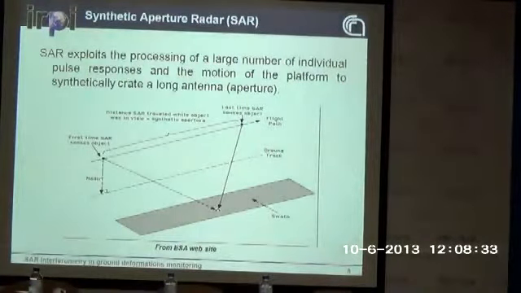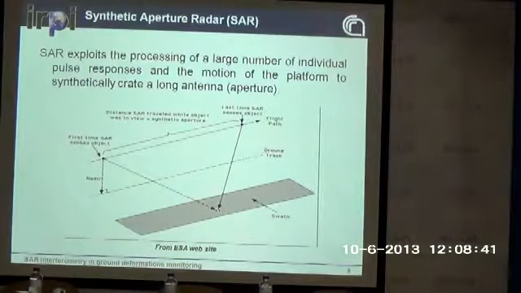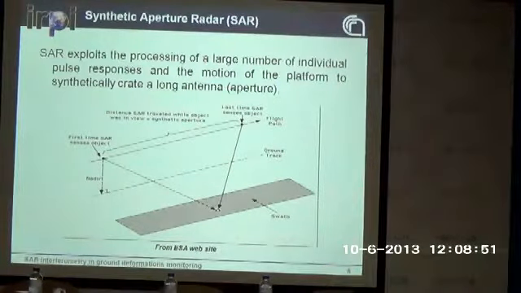Why do we call it synthetic aperture radar and not real aperture radar? Real aperture radars are the radars that you see spinning to detect airplanes, for example. Those are real aperture radar. Synthetic aperture radars are called this way because, just like in photogrammetry, I don't know if you know a little bit about photogrammetry, we are able to see the same point